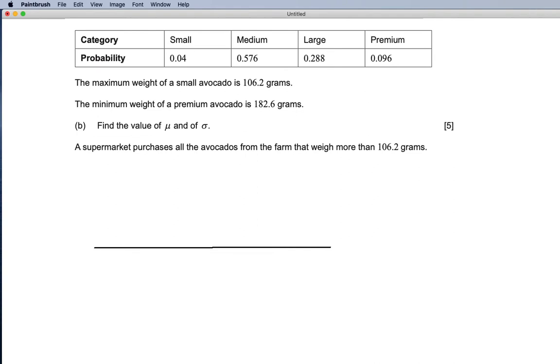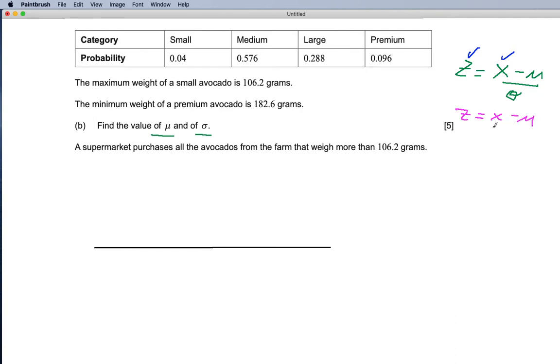And the main thing that we want to look for when they're asking us about this is if they ask you to find the standard deviation or the mean, this is going to need you to use this formula. Z is equal to x minus mean over the standard deviation, which is in your formula booklet. And your goal is to find a z value and an x value so that you have two unknowns. And then what you're going to do is find a second equation